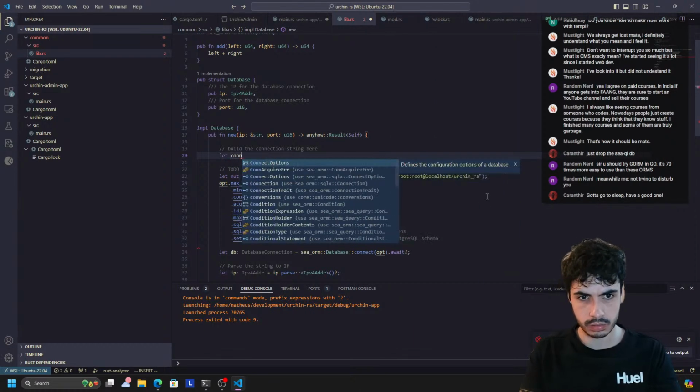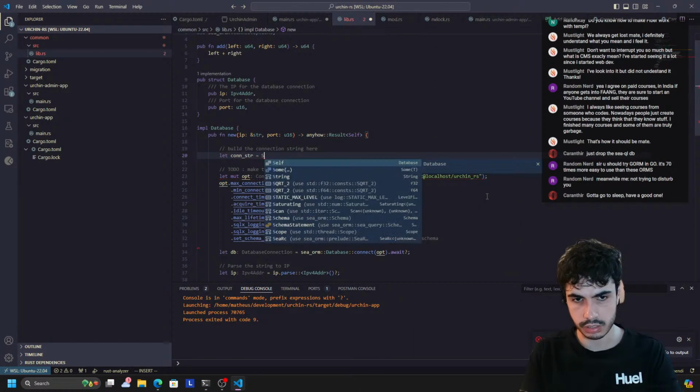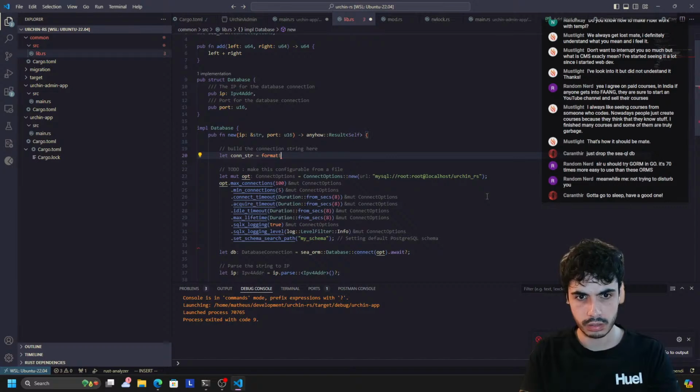So let con string, it's going to be format, and this is what we do. So MySQL for sure. Root, and the root in this case, this is all going to be like whatever you pass into it. Obviously, I understand that not everyone's user is going to be root, and their password is also going to be different. But yeah, this is going to be the IP, I believe. So IP like that,